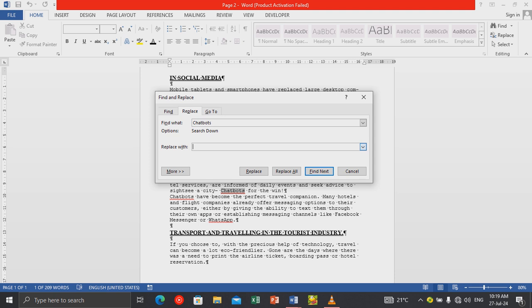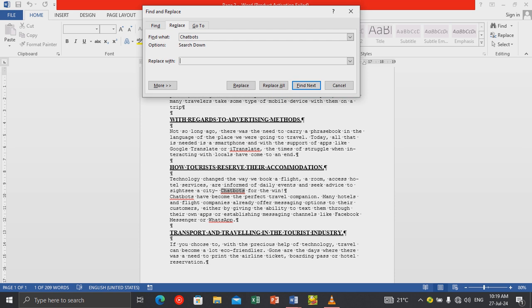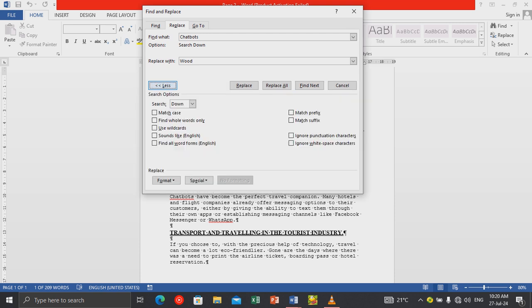You can write any word or whatever word that they will have told you to change it to. Okay, don't forget that, guys. Let's say from chatbots to wood. Oh, I'm sorry about that. Wood, right? If you have to change the font, the color, or what, you just press more,